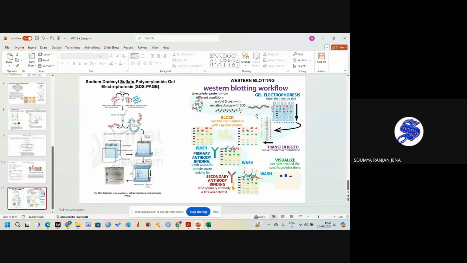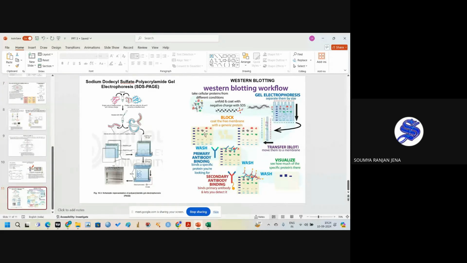If you want to check whether TP53, this tumor suppressor protein, is overexpressed or underexpressed in cancer conditions, then after the separation of all the proteins, you transfer the proteins to a membrane. The membrane is positively charged, because all the proteins are negatively charged due to binding of